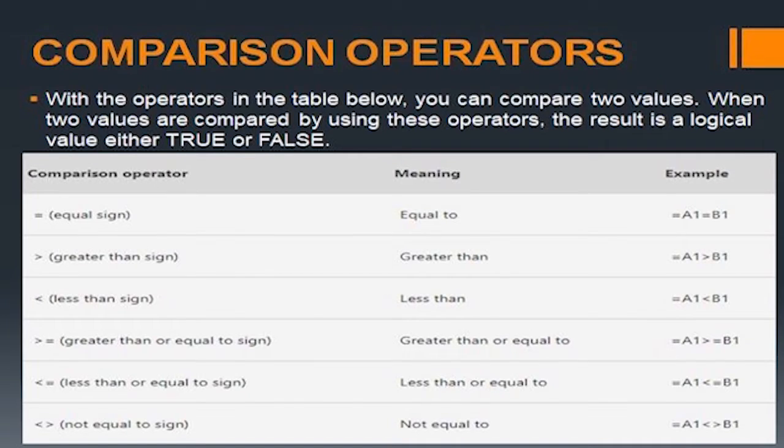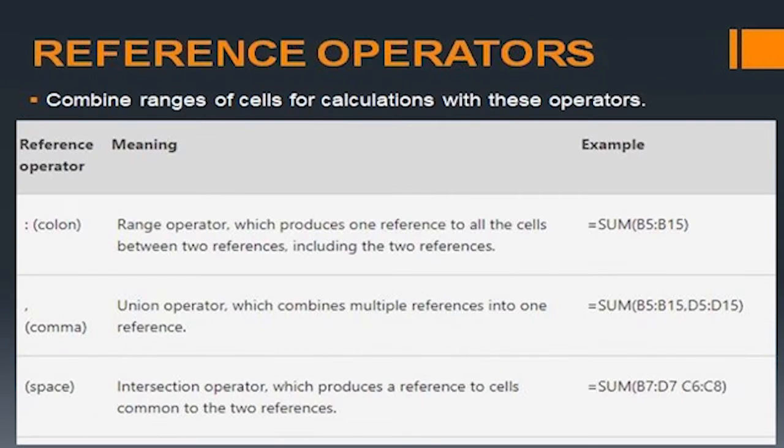For example, you can see here equal to, it is used to find whether A1 is equal to B1, like that. Greater than symbol to find the greater value, less than symbol to find the lesser value. Greater than or equal to is used to find values greater than or equal to. Less than or equal to finds the lesser value or a less than or equal to value. These two symbols are called not equal to. When a value is not equal to the other one, in those cases we use the not equal to sign. So comparison operators are equal to, greater than, less than, greater than or equal to, less than or equal to, and not equal to.